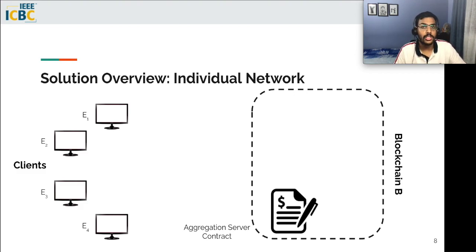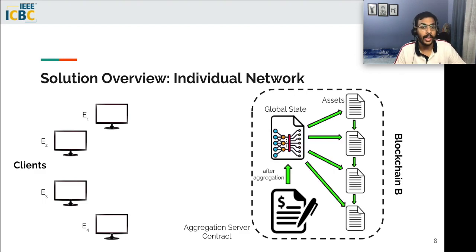Now, PFT uses a federated averaging algorithm for model aggregation, although any aggregation method can be used. Once aggregation is performed and an aggregated global state is formed, the global model is then updated with it and is represented in the form of an asset in the blockchain.